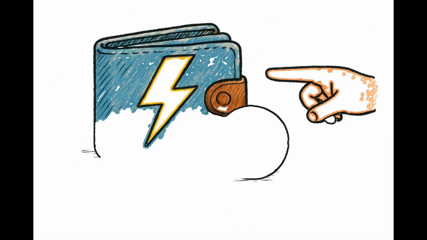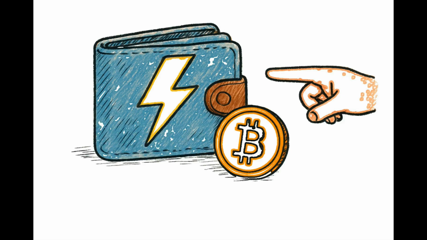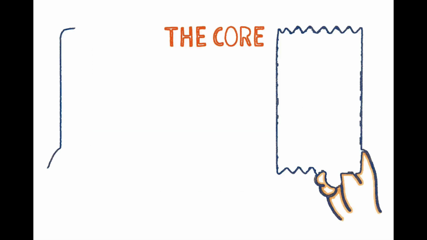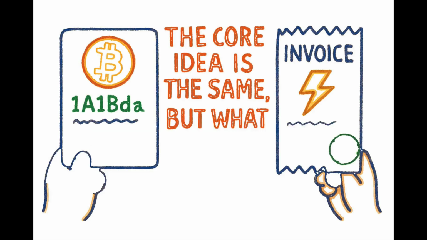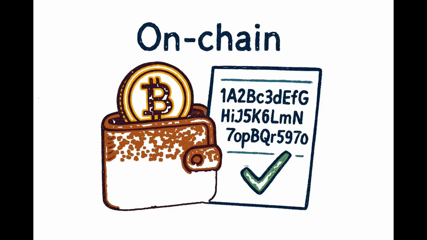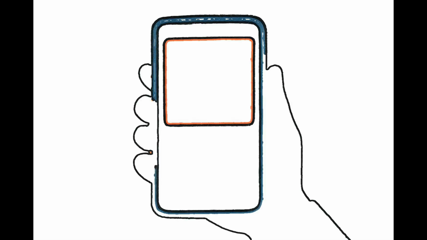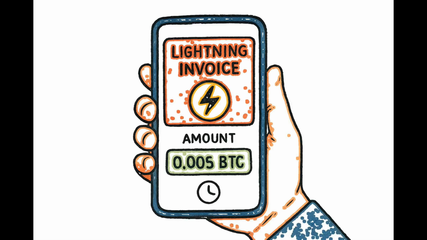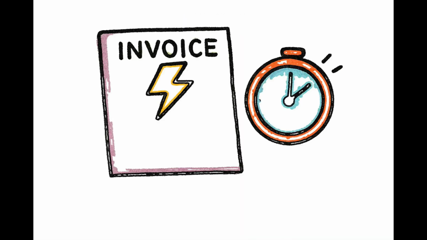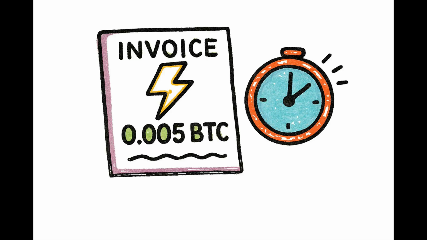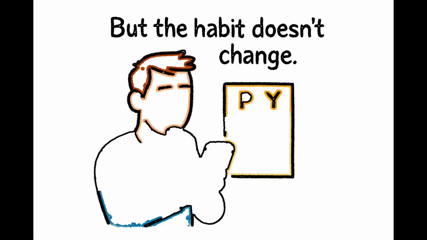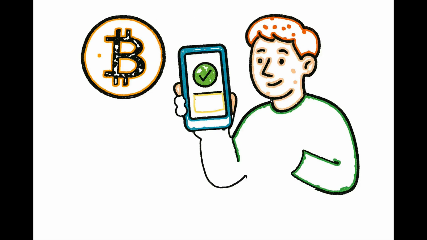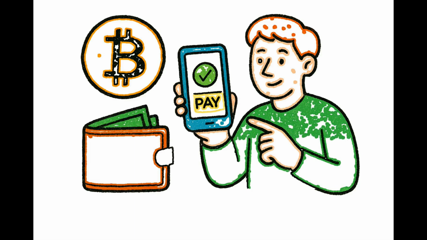Some wallets also default to Lightning instead of on-chain Bitcoin, which can surprise first-time users. The core idea is the same, but what you verify is different. On-chain, you verify a Bitcoin address. On Lightning, you verify an invoice. A Lightning invoice includes the amount and expires after a short time, which actually reduces some risk. But the habit doesn't change. Before you send, you confirm that what you're paying, where it's going, and what's shown in your wallet